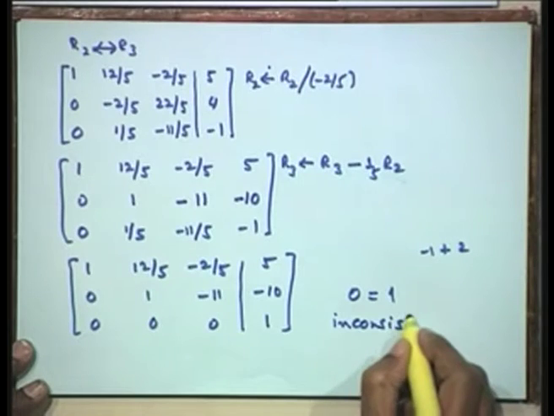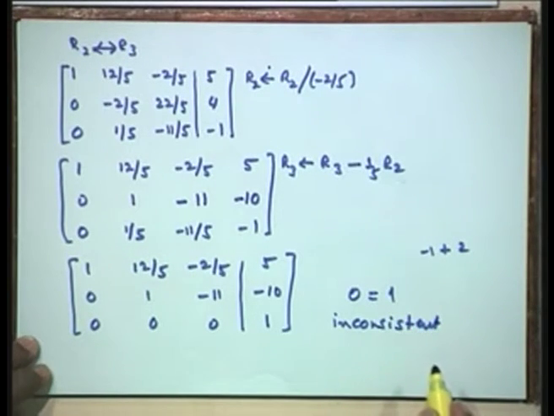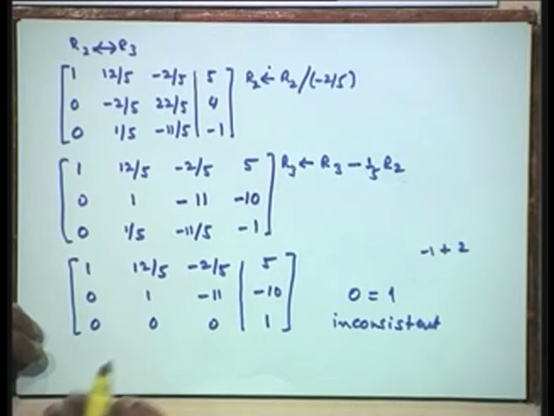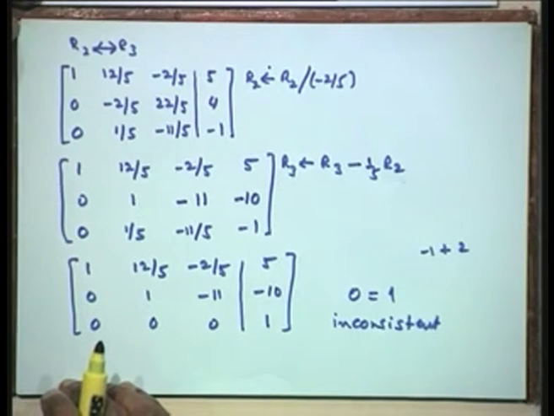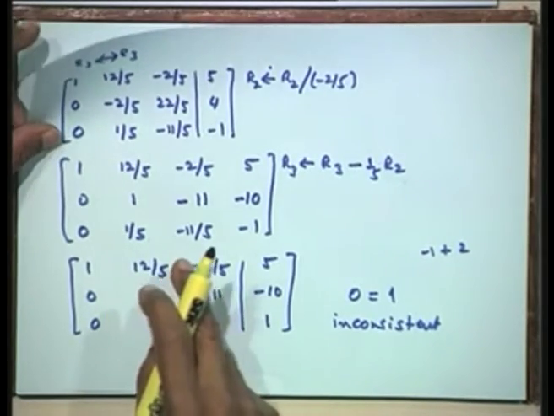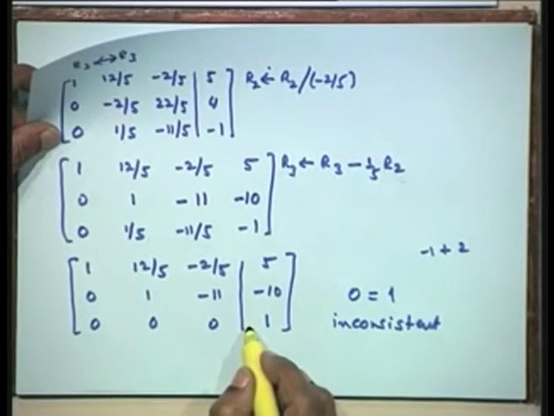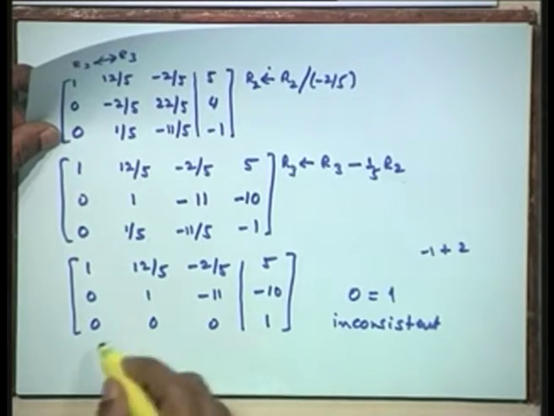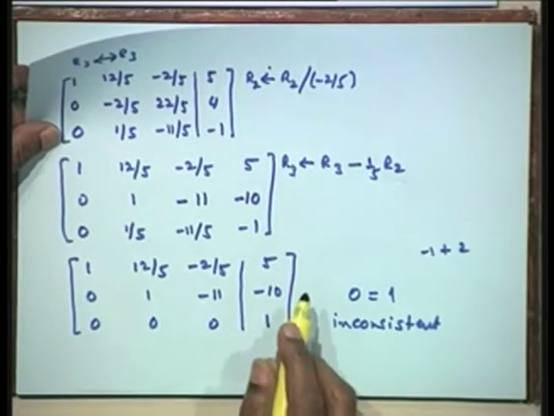Now, you can see that the procedure has implicitly shown that the system of equations is inconsistent. We have zeros here and 1 here. Therefore, what we are implying here is that 0 is equal to 1. So, what we have produced is an inconsistent system of equations. This is how inconsistency can be observed. You would also note that since we are using partial pivoting, this behavior is thrown to the end, to the last rows of the given augmented matrix.